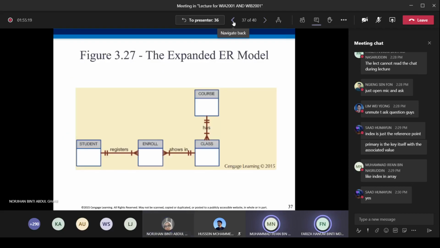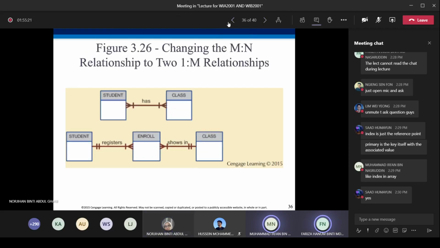But right now, you just need to understand that there are basically three types of relationship: one-to-many, one-to-one, and many-to-many. We'll talk about it next week.